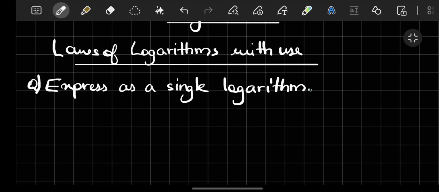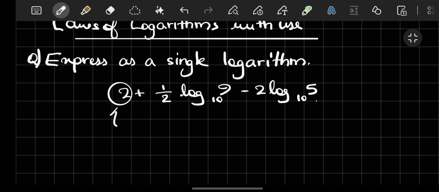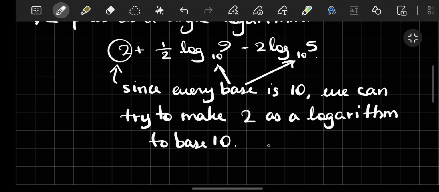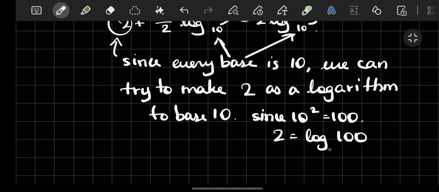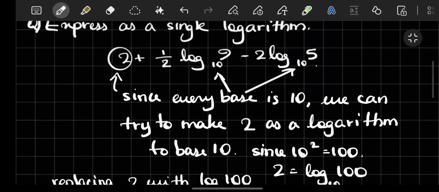Now here's another question for you. 2 plus half log 9 to the base 10 minus 2 log 5 to the base 10. After seeing these, you might get confused since you cannot mix logarithms of different bases. Since the base of the last two terms is 10, let's try making the 2 a logarithm of base 10. Since 10 power 2 is equal to 100, can I write log 100 to the base 10 is 2? So instead of 2, now we can write it as log 100 to the base 10 and we can start applying our